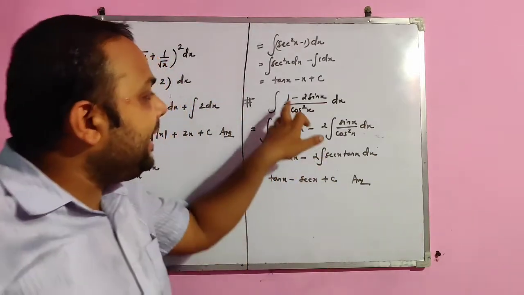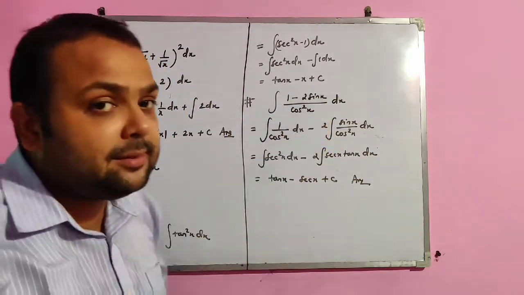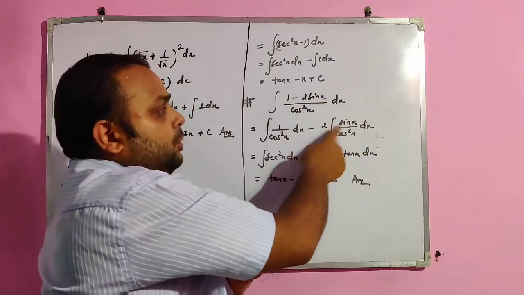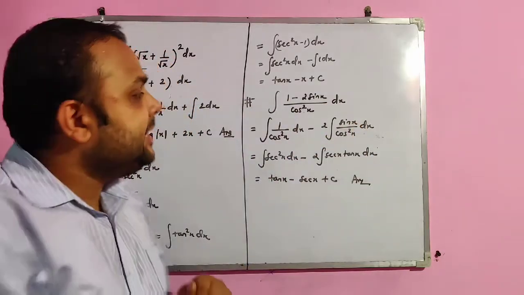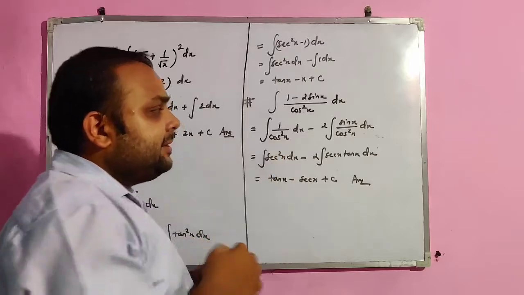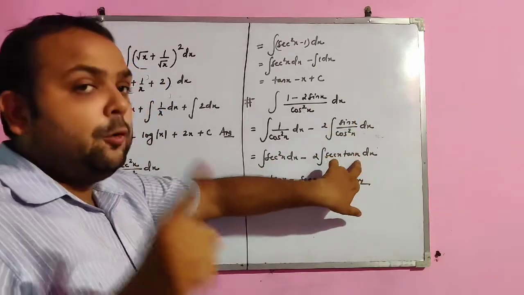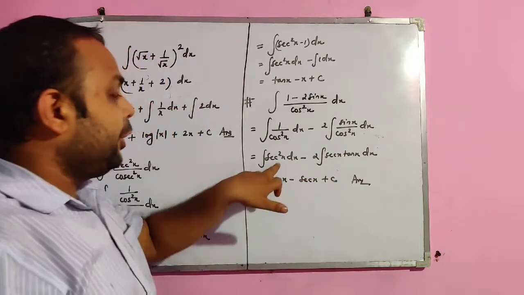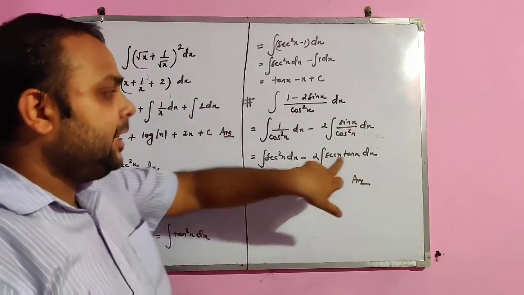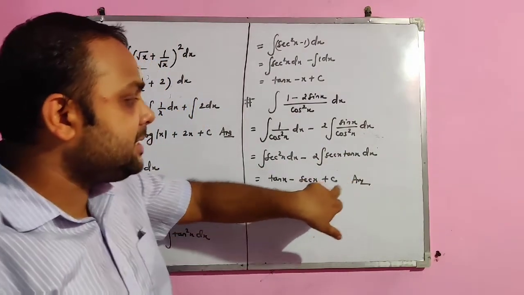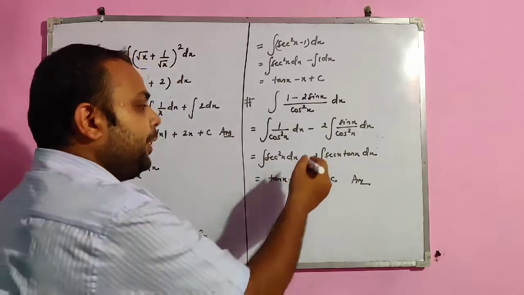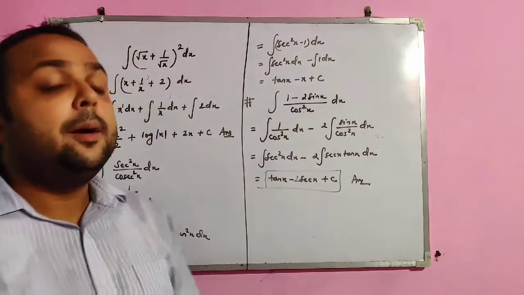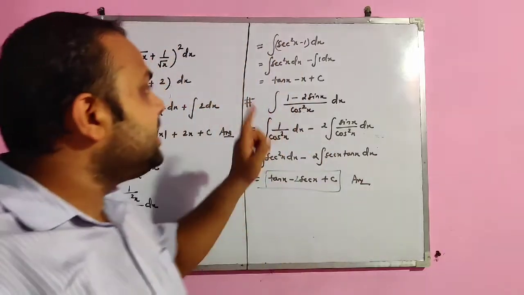Next question is (1 minus 2 sin x) upon cos square x. Taking it individually, 1 by cos square x minus 2 sin x by cos square x. This is sec square x. This is sin by cos, tan, and 1 cos remains, which will go to the numerator and become sec x. Now for the integration of this, we have tan x. For integration of this, we have sec x plus c. Now we have 2 also here, so this is 2 sec x. So the final answer is tan x minus 2 sec x plus c.